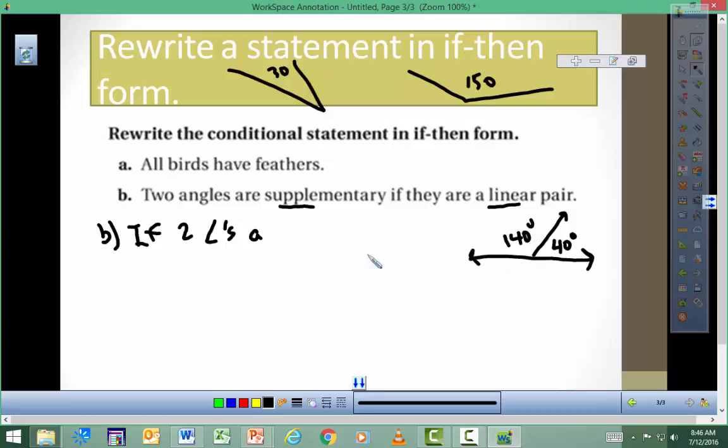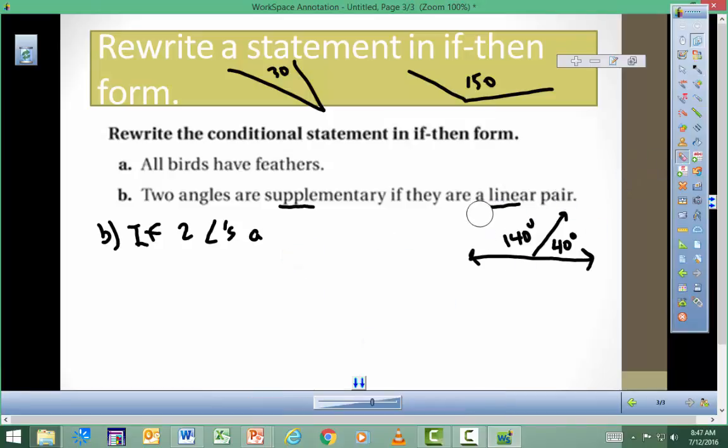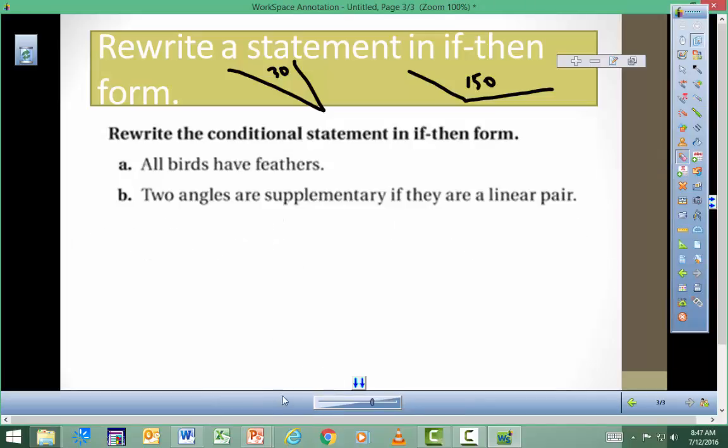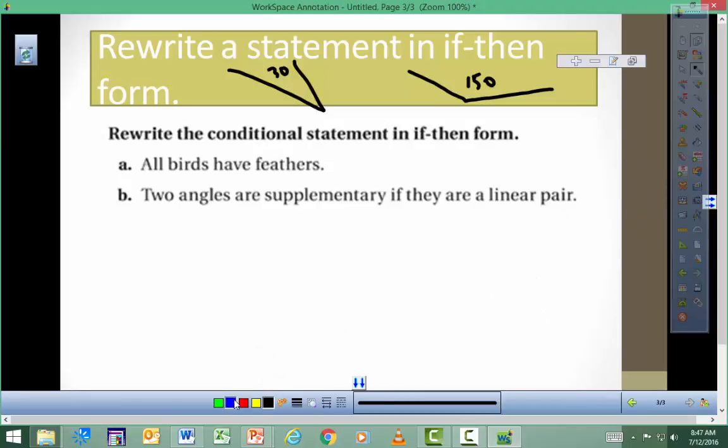But I think for this to be a conditional statement, we have to state this part first. So let's start out a little bit different way and say, well, let's start out like this. I'm going to switch colors now. Switch colors here. Let's start out like this. If two angles, okay, form a linear pair,